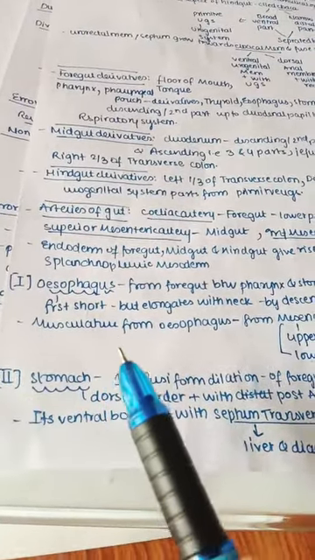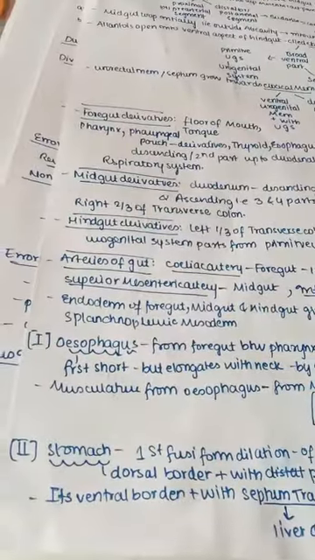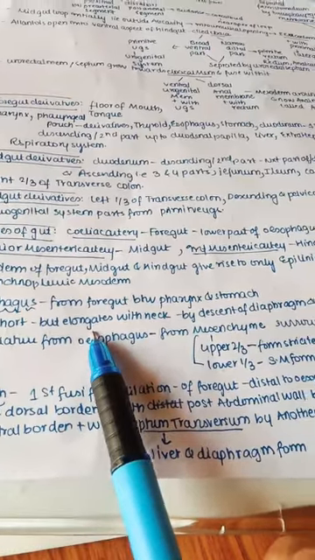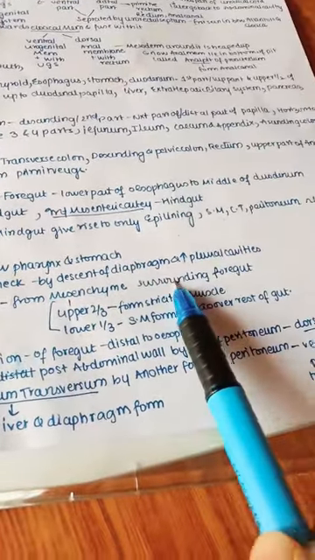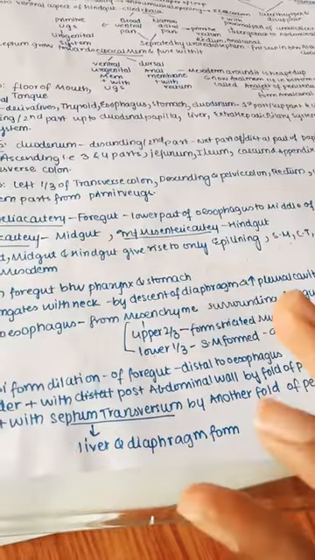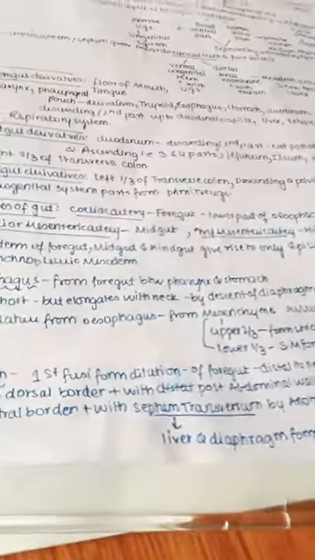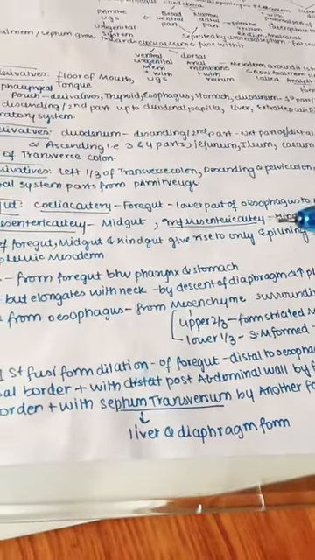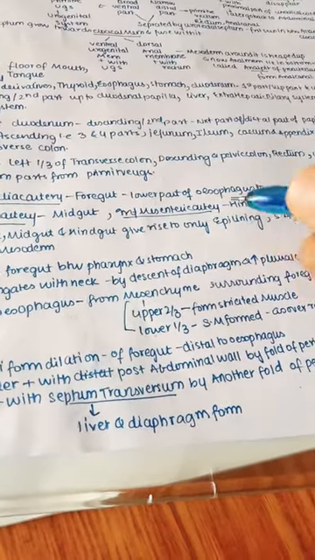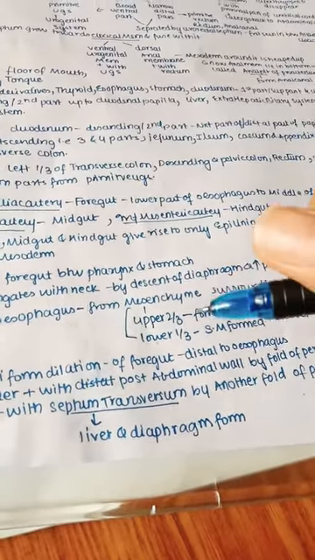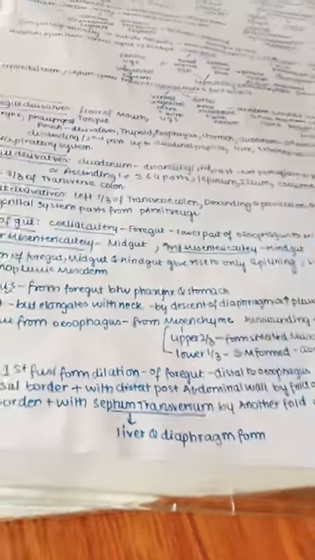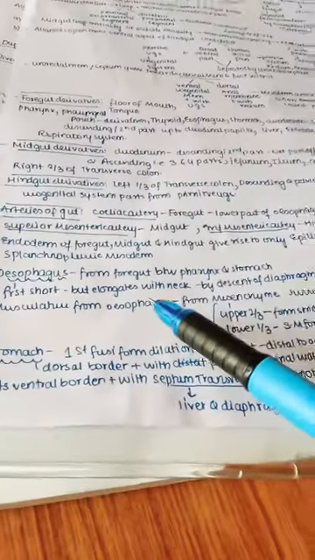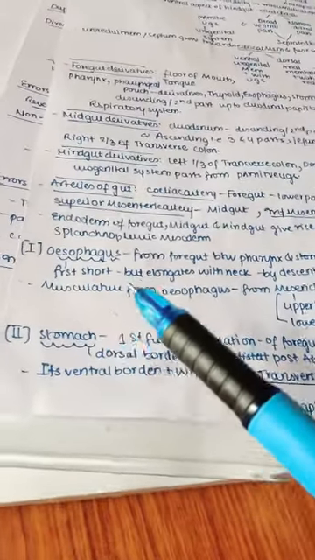So this is first short, but later it elongates with the neck by the descent of diaphragm and also the increase in the pleural cavities. We know diaphragm in fetal life, before undergoing folding, lies in the starting part, septum transversum, right? So septum transversum is actually first present in the place of our mouth. I can say it is just present before our mouth structure, but later because of descent and also increase in the pleural cavities and elongation of the neck, our esophagus is also elongated